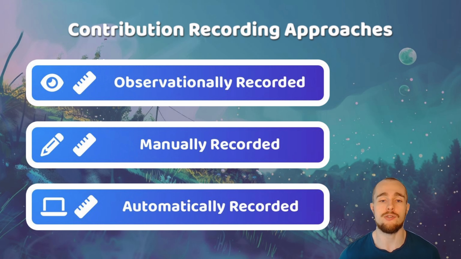Some contributions can also be automatically recorded. For instance, digital contributions can be easier to record automatically. Examples include code contributions, designs, articles, blogs, and documentation changes. These digital contributions can be tied to an individual account, which makes it easier to verify who made certain contributions. Online recorded meetings could even be eventually automatically transcribed and verified to prove someone's attendance and the contributions they made towards the discussion. Automatically recorded contributions can be highly useful for contributors as it can make it effortless for them to record and showcase the contributions they have made.